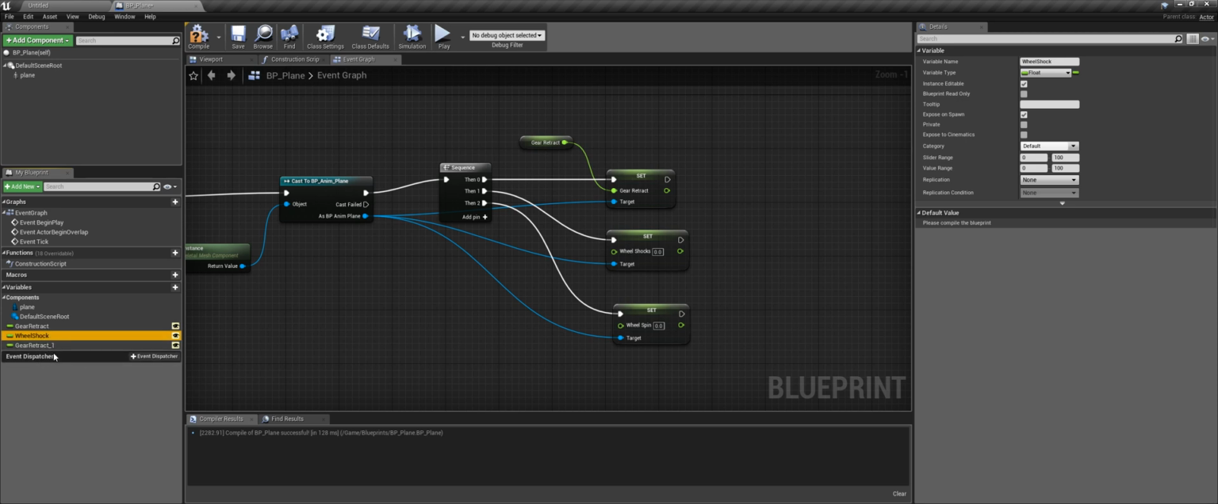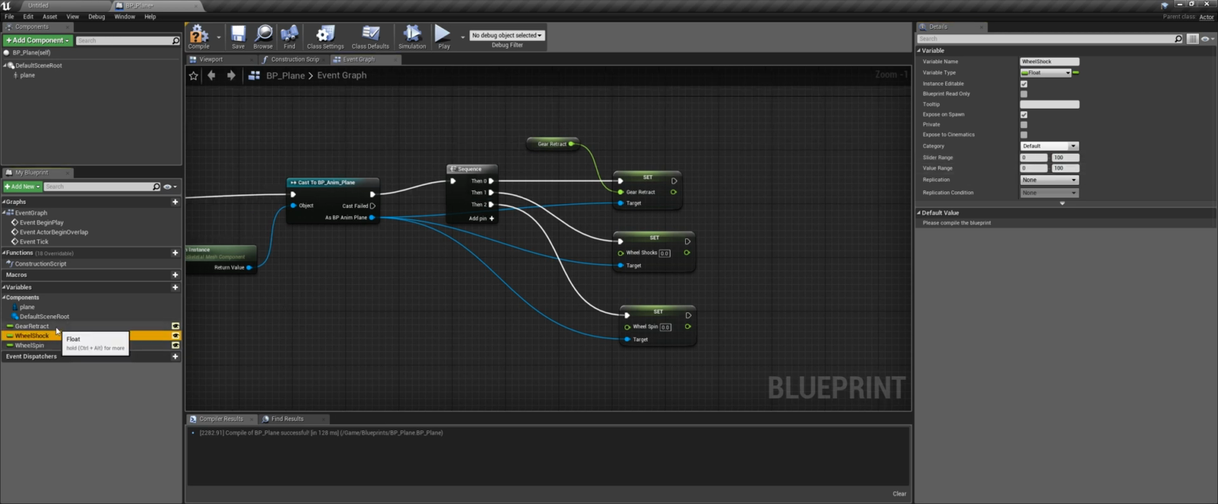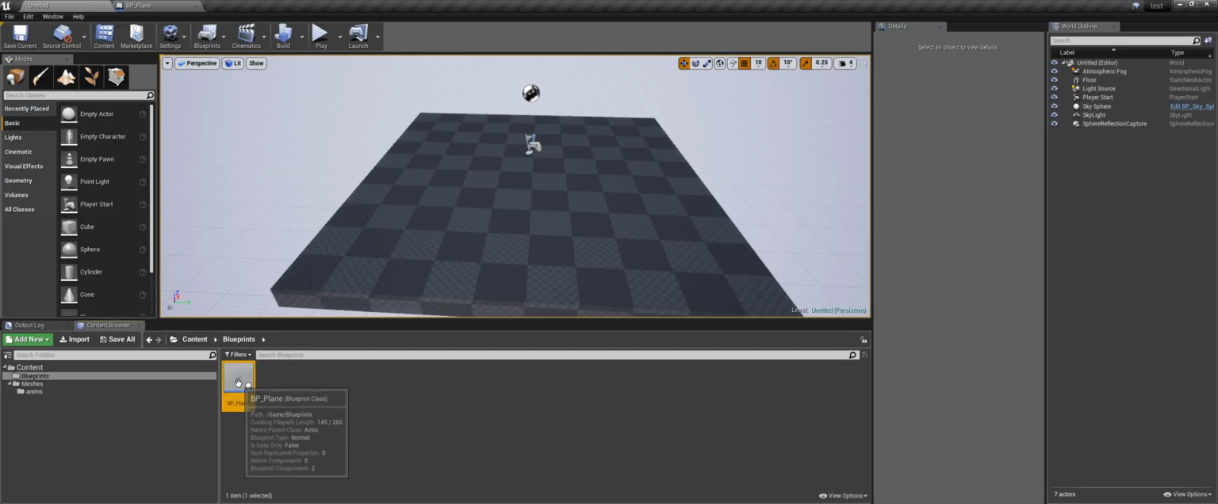Wheel shock. Wheel spin. So wheel spin actually goes from -5 to 5. All right, and there we go. Let's plug those in. Okay, compile. Now if we throw this in here,